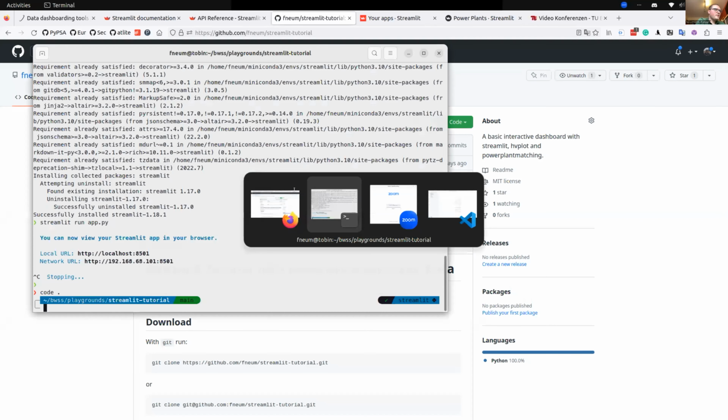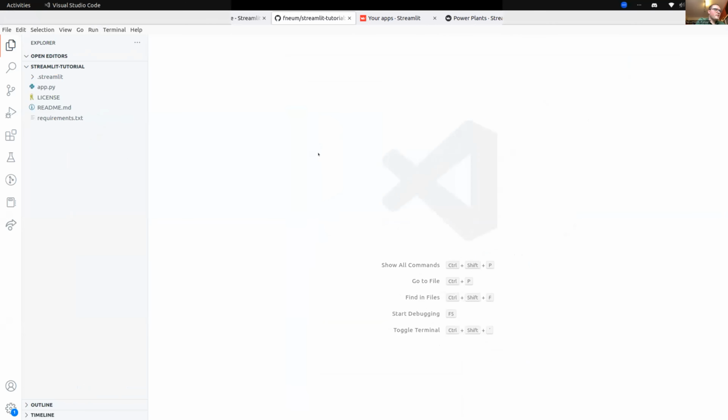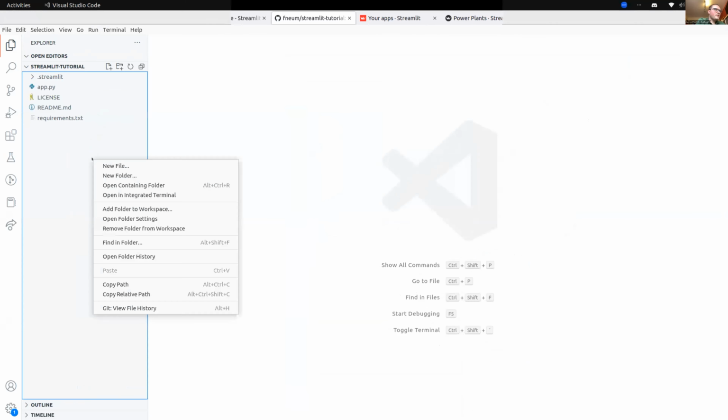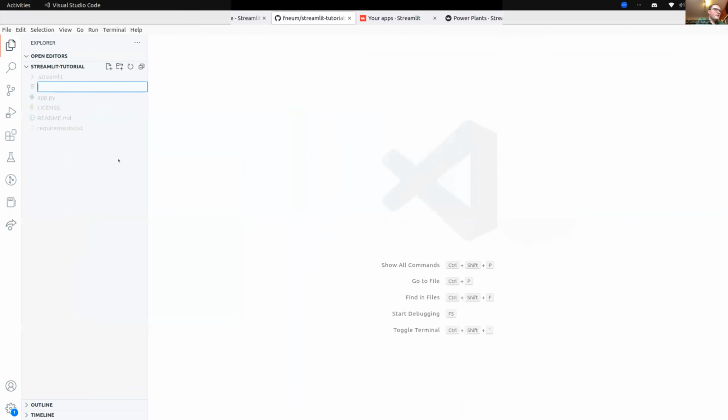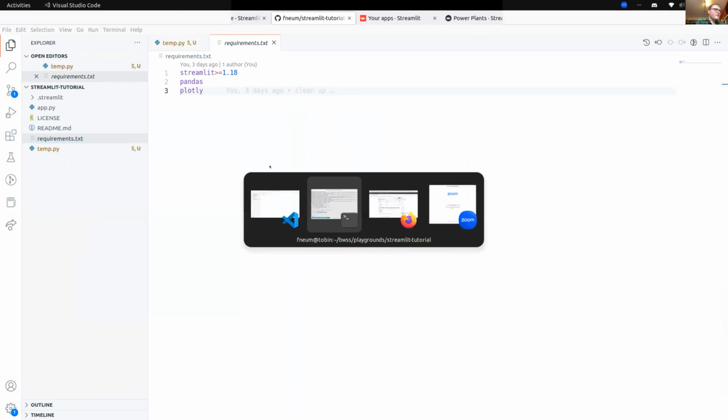So this repository I have opened here, and we're going to build it from scratch. So I'm going to start a new Python file. I'm going to call it temp. And I have a few requirements. So in the terminal,